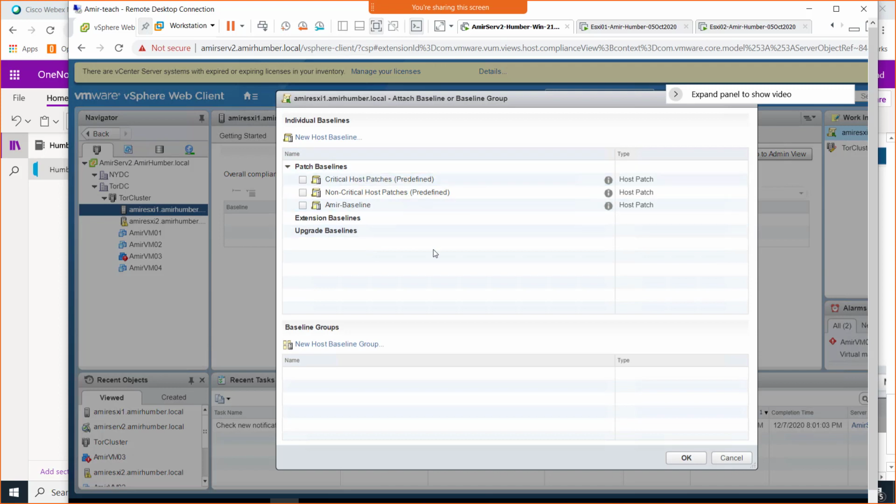And obviously the baseline that you created should be showing here. I'm going to select the your first name baseline here, and that's it. Just attach it. I'm going to press OK.